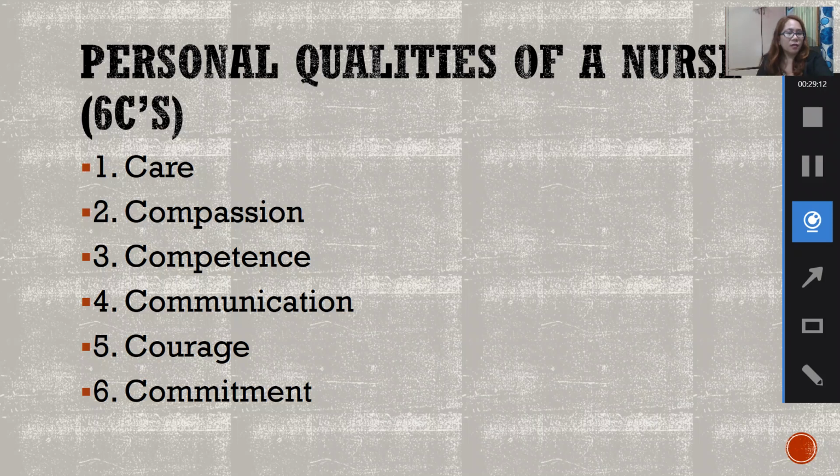Okay. Care. So, you are familiar with care. Diba nga, ang nursing is caring. So, nursing is caring or nurturing. Okay? Care is the most unique characteristic of a nurse. It is a word of being connected, okay? Connected to your patient. It creates a